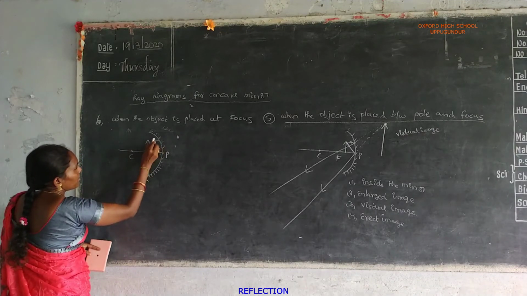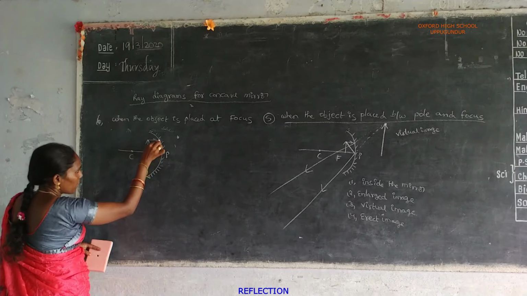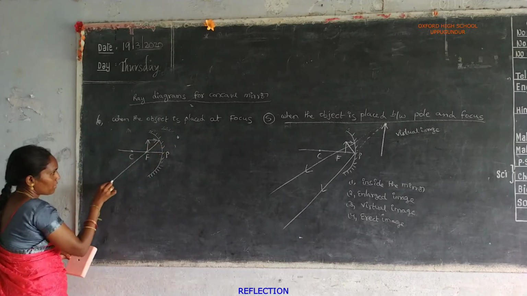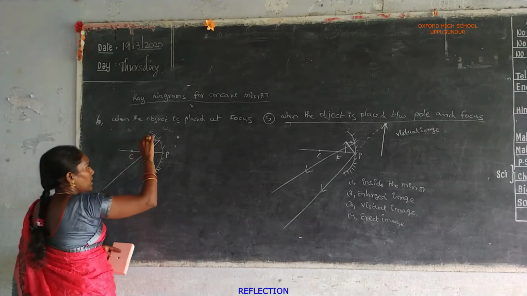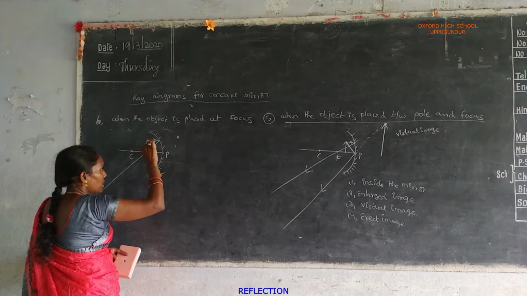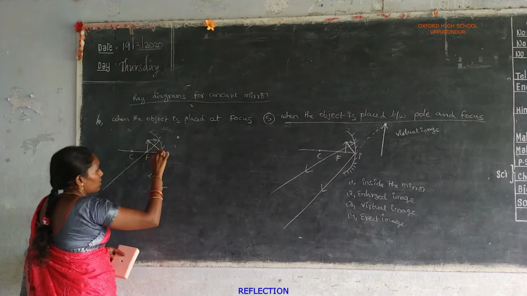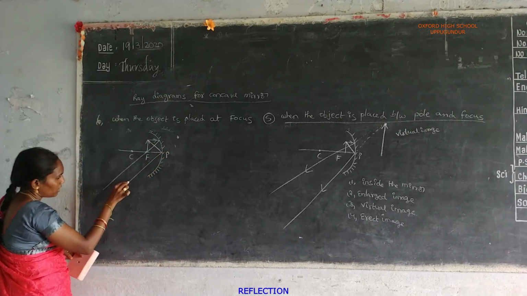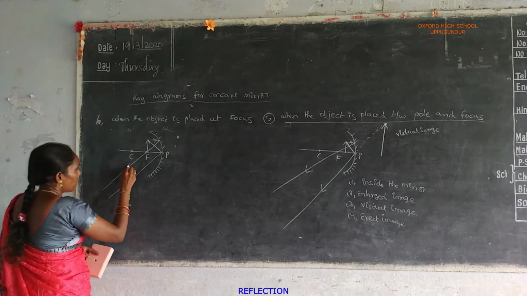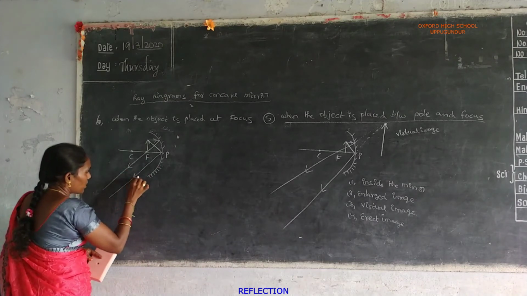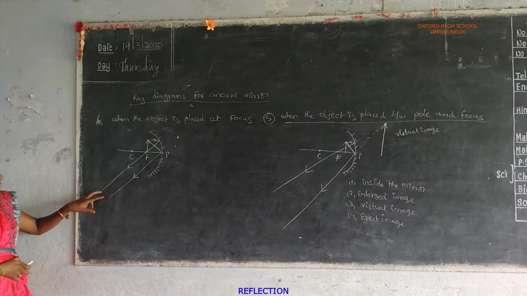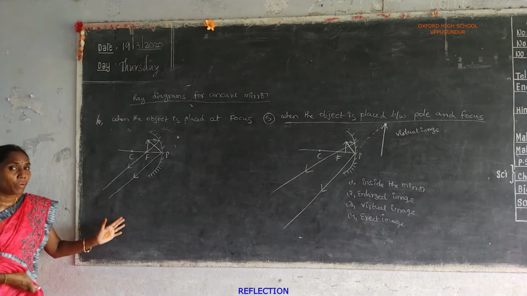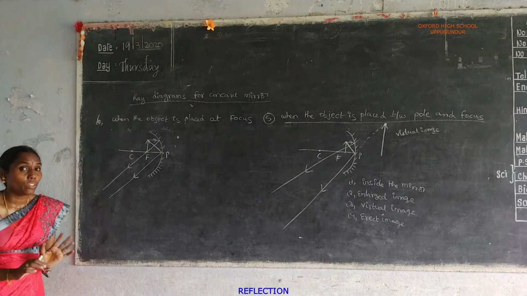This is the light incident ray parallel to principal axis. After reflection, it will pass through the focus. Again, this is incident ray, makes a certain angle with the principal axis. The reflected ray should make an equal angle and reflected back into the same medium. This is reflected ray and this is the reflected ray. These two reflected rays are parallel rays, amma. Parallel rays do not intersect each other.